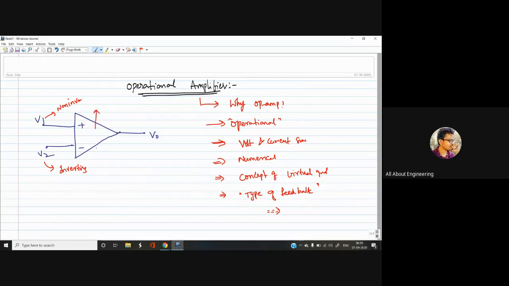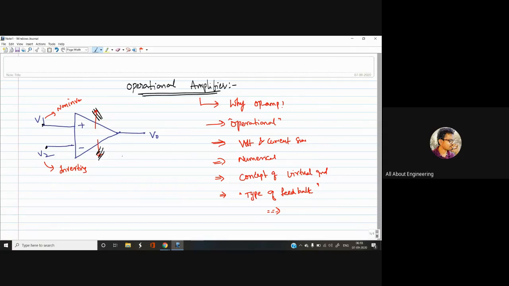And here there will be two bias terminals, plus VSAT or minus VSAT. So usually, apart from the 8-pin IC, we focus only on these 5 terminals in an op amp while solving any question. To be frank, we will neglect this and this also in problems. Mostly we will prefer the diagram of op amp as V1, V2 and V out. In some cases, if mentioned, then only you should use these two terminals also. If not, we will use this simple three-terminal op amp for solving numerical questions.